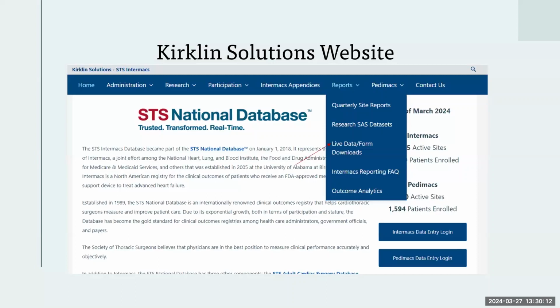The live data downloads allow for instantaneous download of data by form entered into Intermacs in a variety of formats, including Excel. So all live data, as it's entered into the database, you can go here to live data form downloads, and you can access all of your